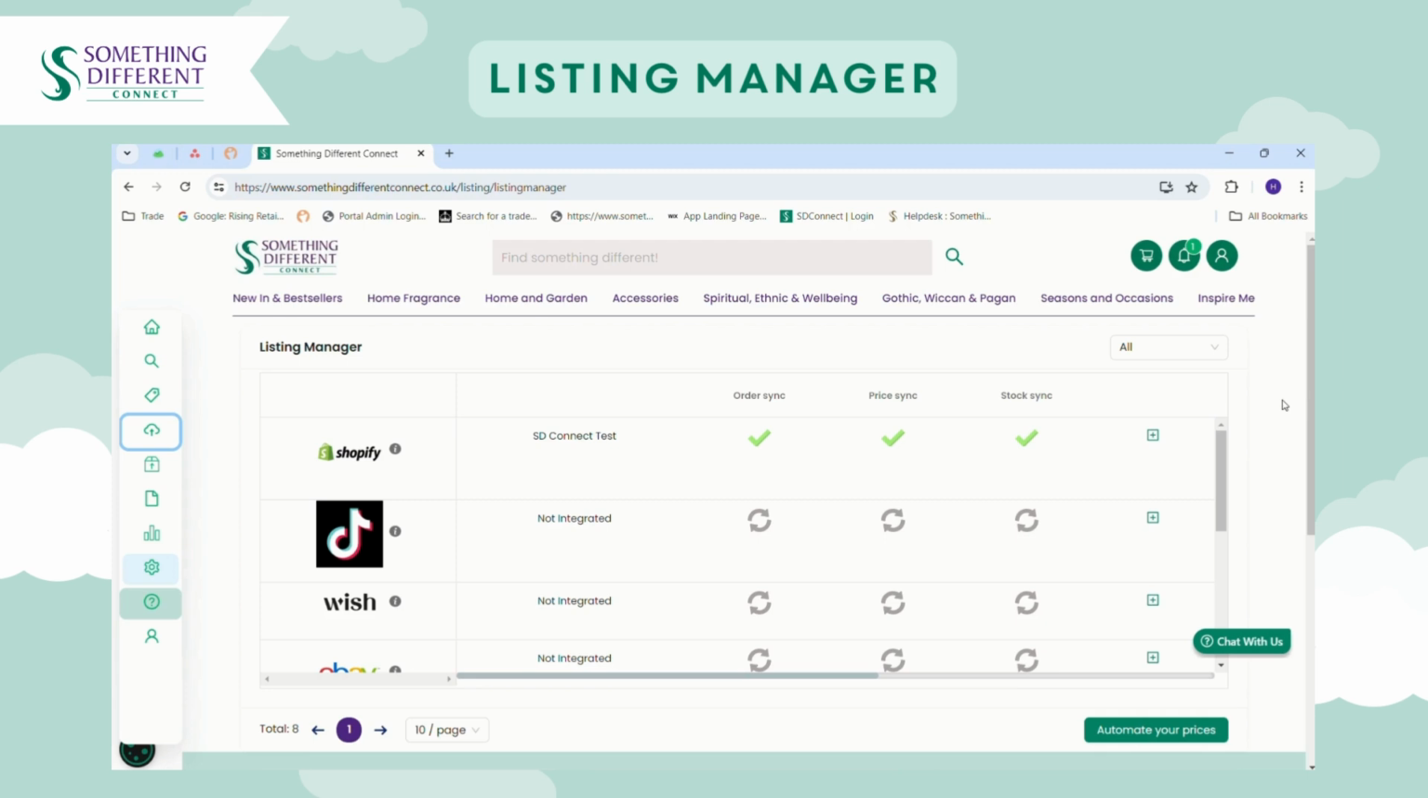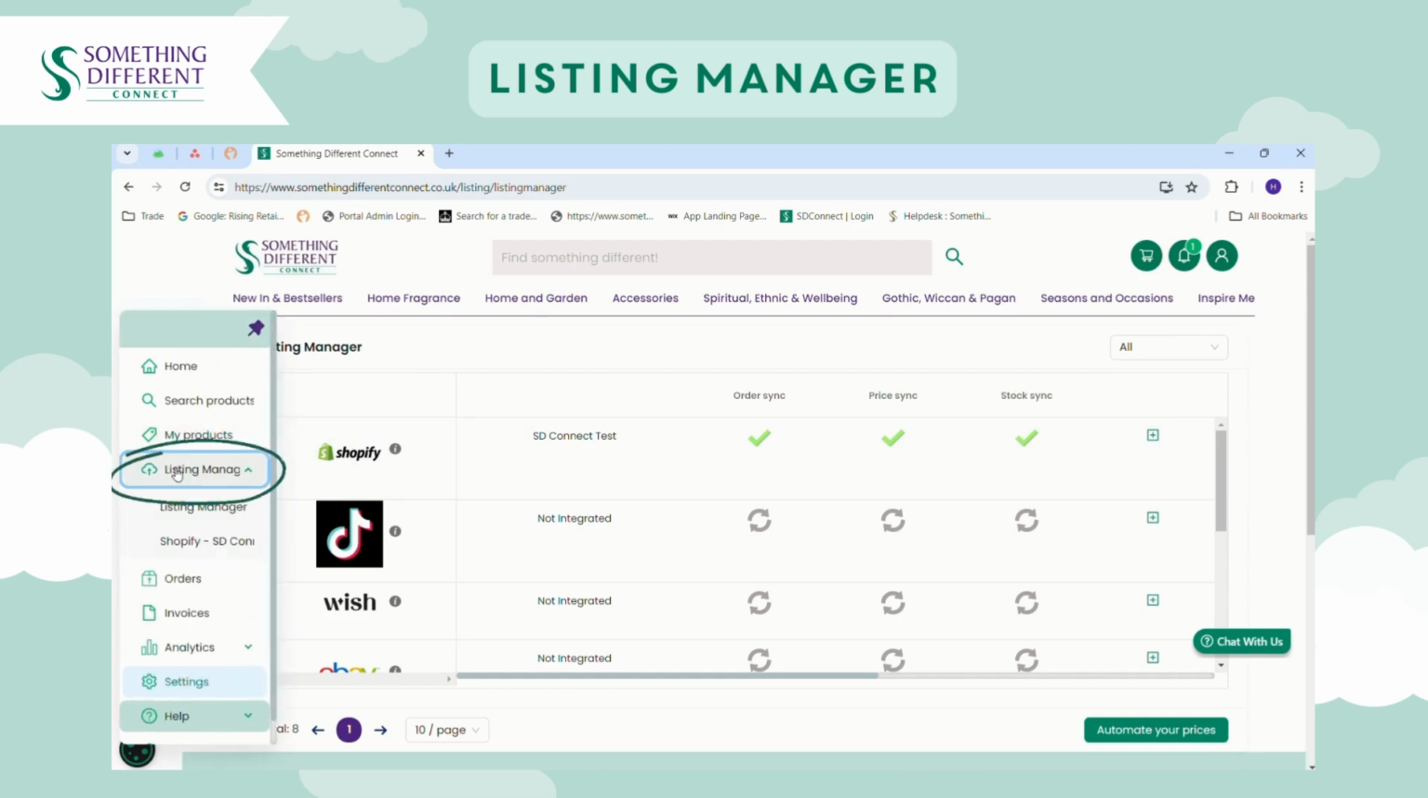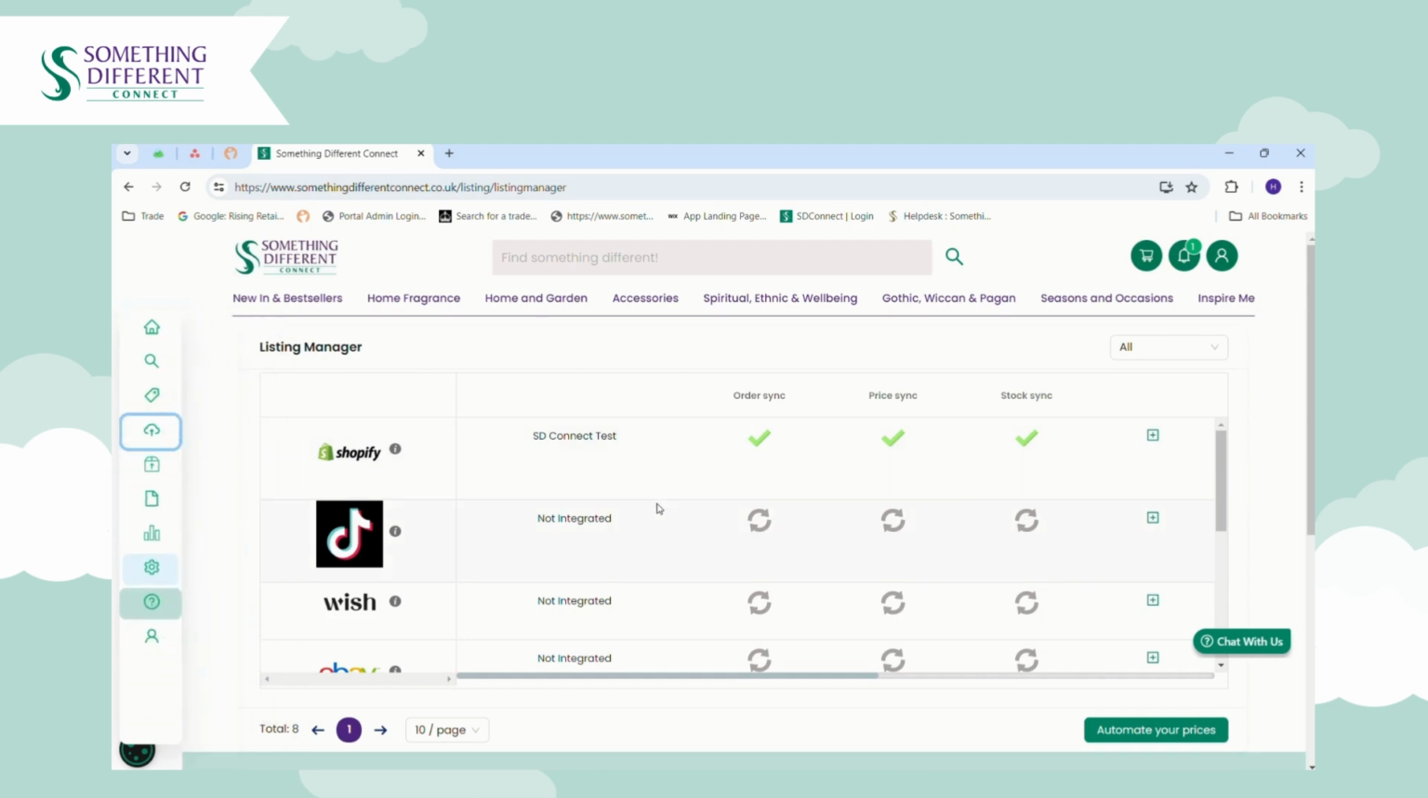Now that you've finished your integration setup, the next step is to list products on your store. So to do this, go to Listing Manager in the left hand menu, and here you can see an overview of all the integrations you've set up. Just an example we'll show you on Shopify. So if, for example, you'd chosen to integrate more than one different Shopify store, you'd be able to differentiate them